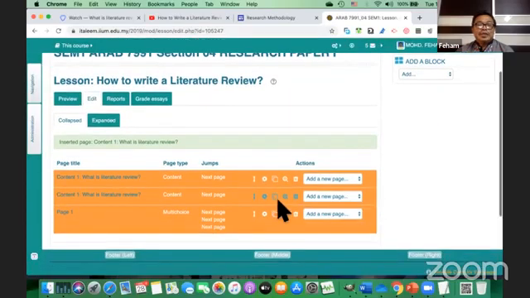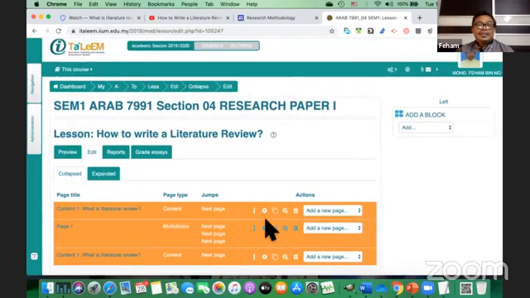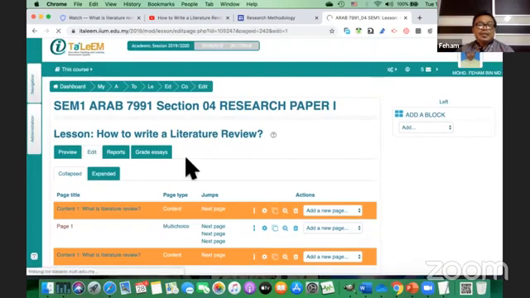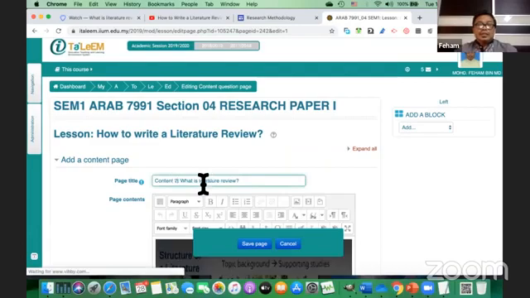You can edit the content and put it inside. So I duplicate content 1 and then move it to the end. Change it into content 2. Say, for example, this is types of literature review.